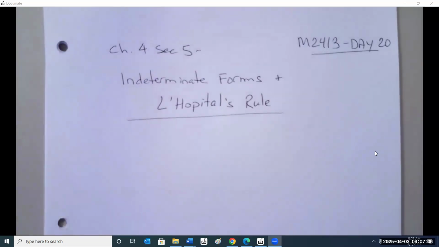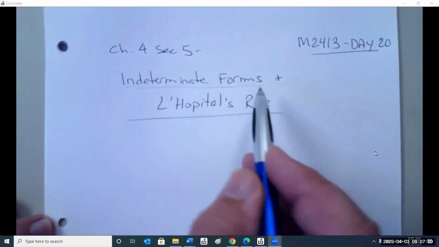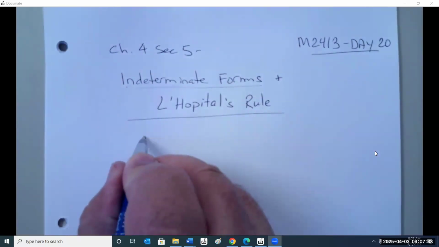Now we're going to look at something very special. So far, we've always had functions where, when we look at the first derivative, we have slope or something like that. But we will run into cases where the function is what's called indeterminate in form. Which means this. If you have a rational expression